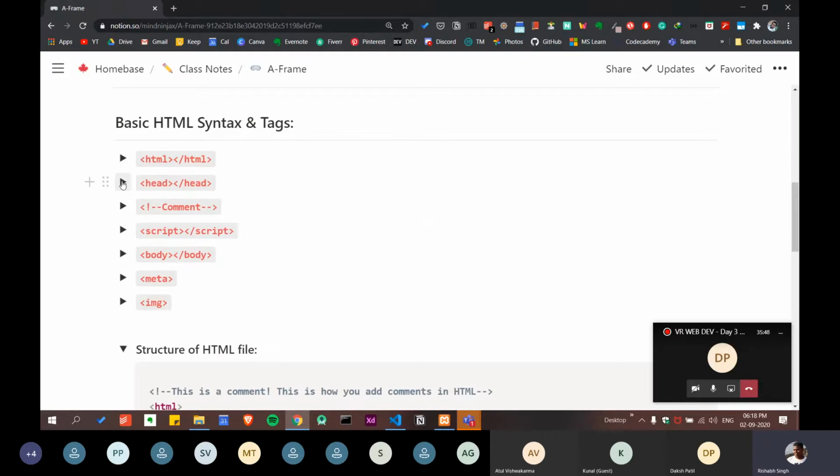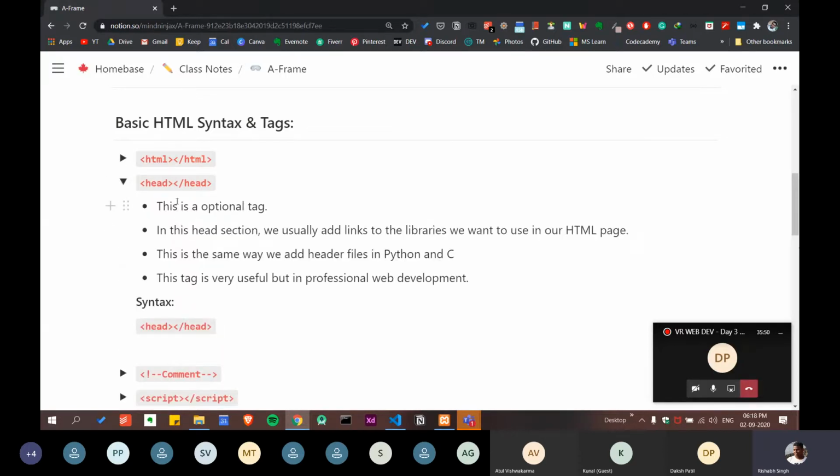Let's close it and open the head tag. Okay, so the head tag is an optional tag, to be honest, but it is very useful, and in professional web development we use the head tag a lot, and we must use it because it is good practice. In the head section we usually add links to the libraries we want to use in our HTML page.